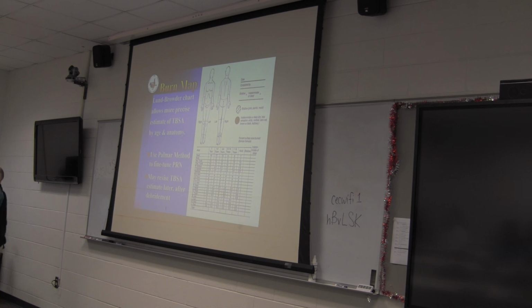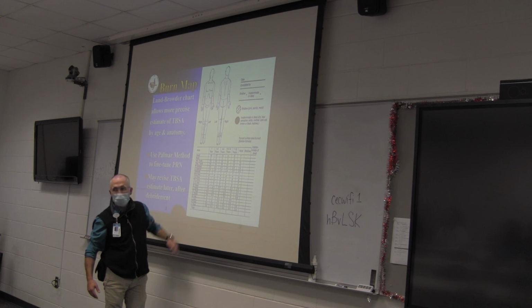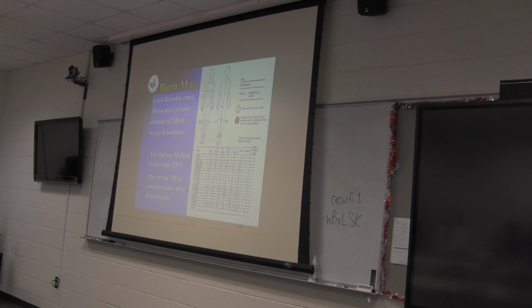All right. How about for a 2-year-old? Thigh for a 2-year-old. 6.5. Does the chart make sense? Pretty straightforward, right? Find the age bracket. Find the row for the particular body part. So this is better because a thigh for the kid is not going to be 9%. It's going to be 6.5, which, if you multiply that times 4 extremities, starts to diverge